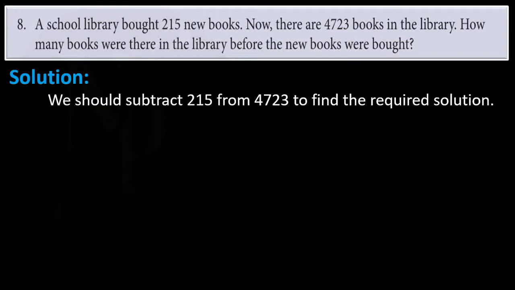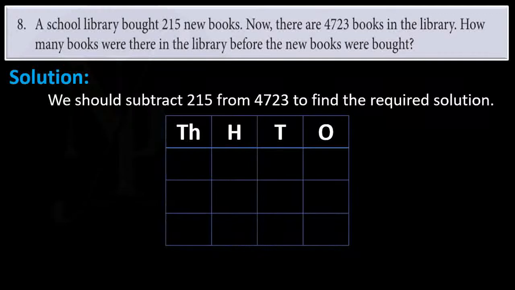So the solution is we should subtract 215 from 4723 to find the required solution. The procedure of subtraction is same. So writing down the given numbers in place values table,